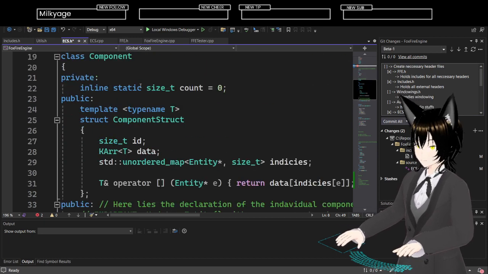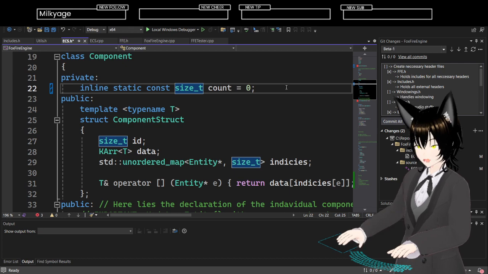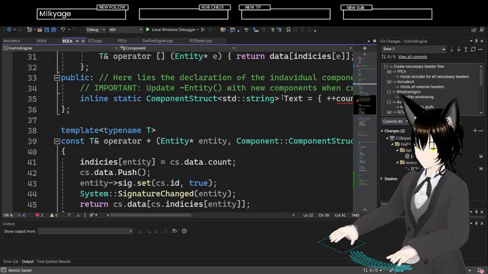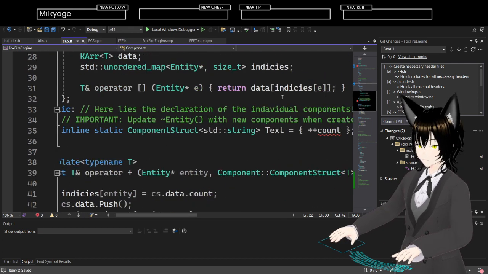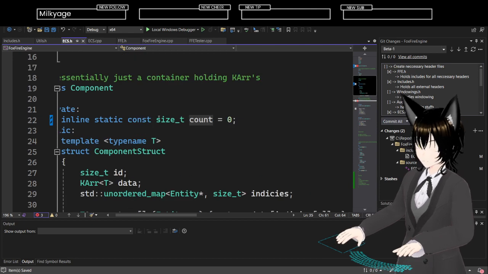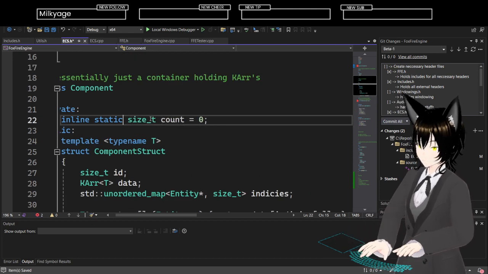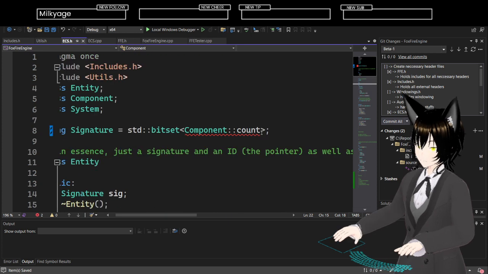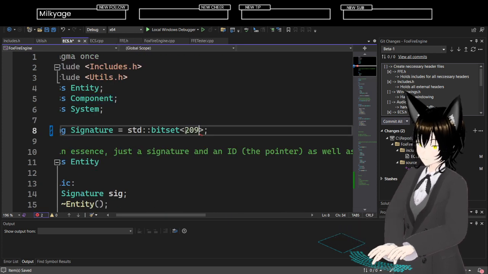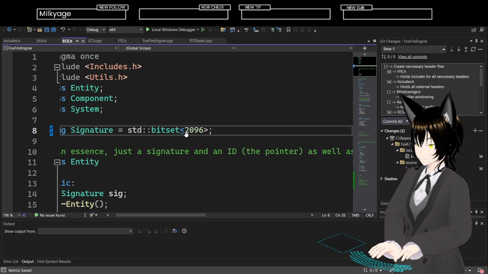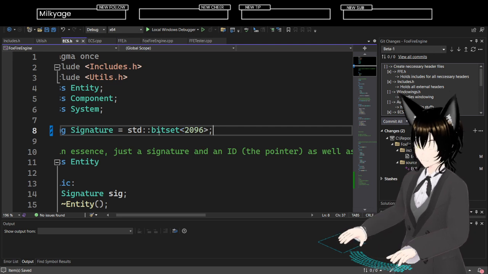Inline static const size, if I try that, then I can't do this either. It needs to be a const value, so I can't do that. 2096, let's just keep that there for now. Now, why is this bad? Because it is 264, wait, what?